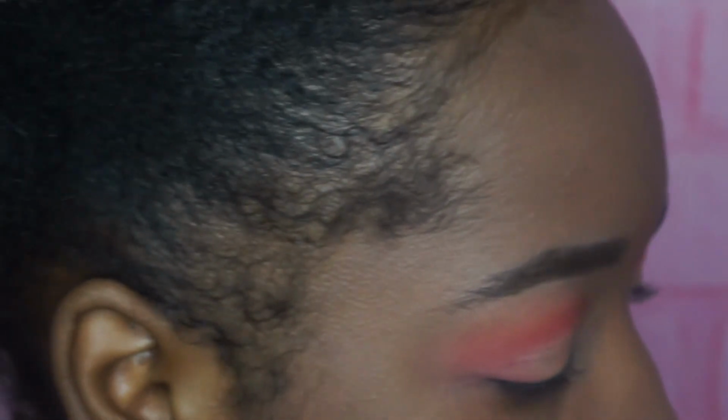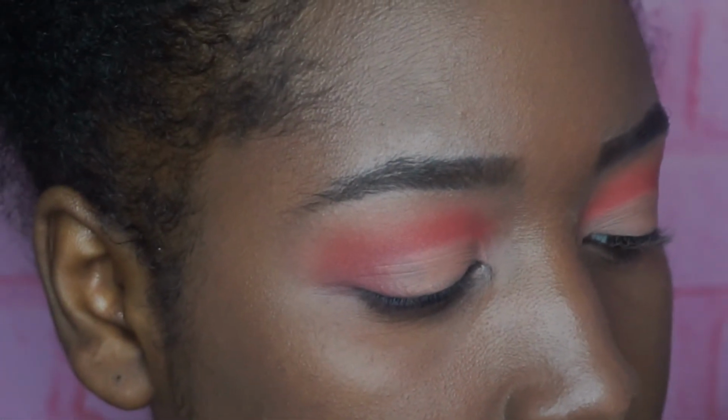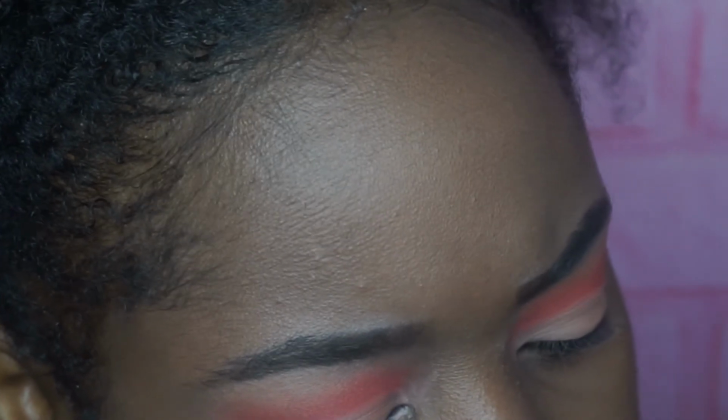Now I'm going to take a small brush and, what shade do I feel like using right now? I'm going to go into this Wurabe. I think I pronounced that right. Wurabe, which is this beautiful gold shade. It's so buttery and it is gorgeous. Oh my gosh, I love it, and I'm going to use that shade,